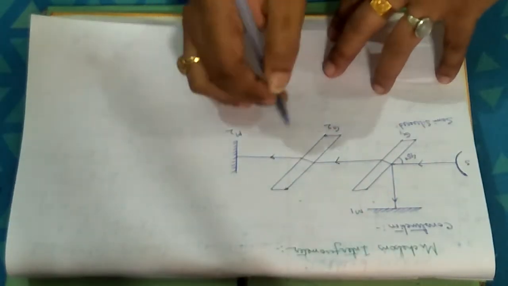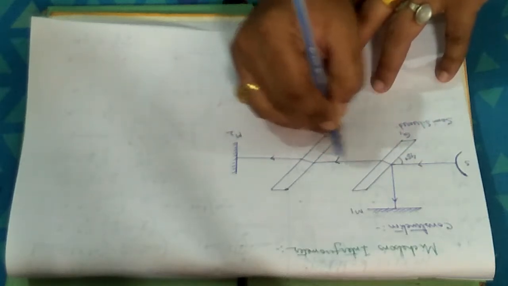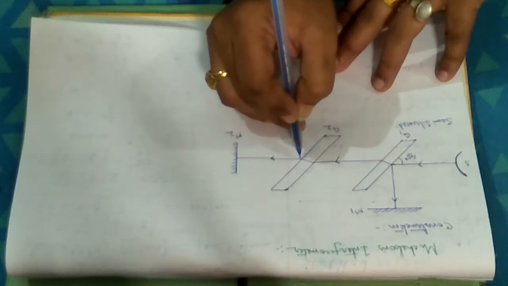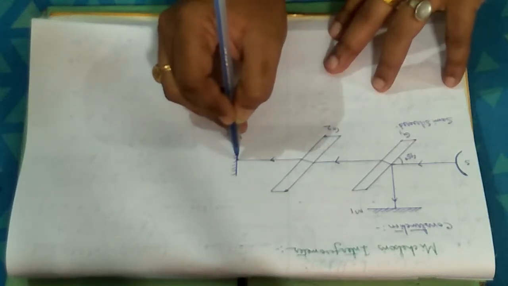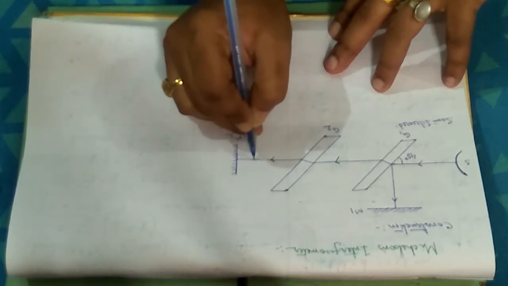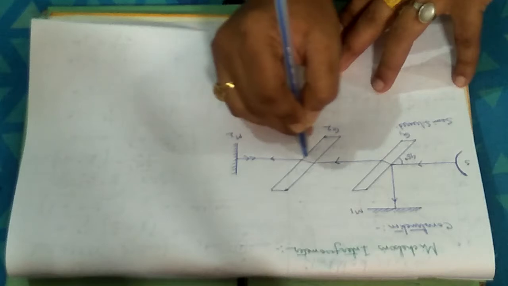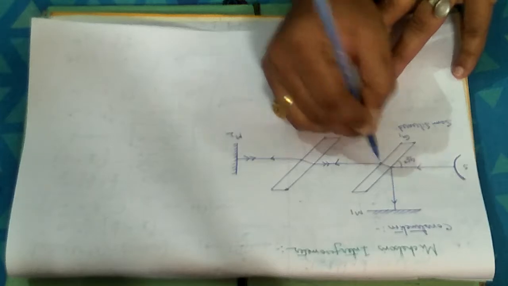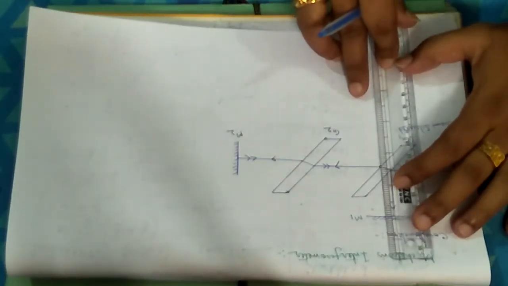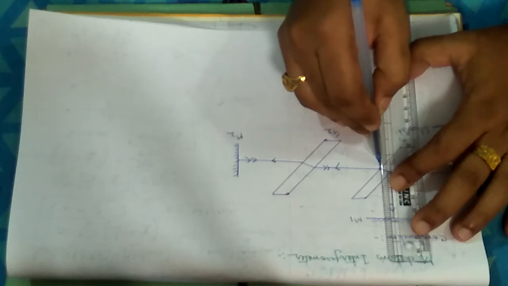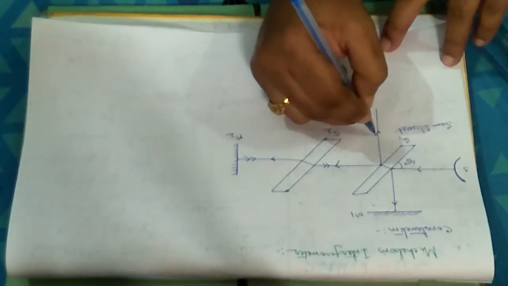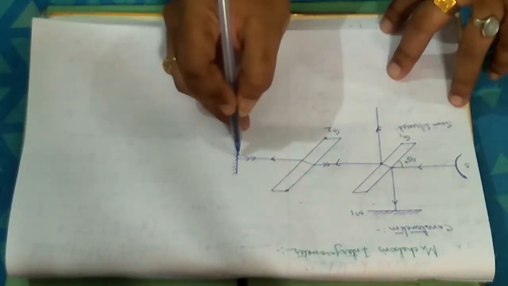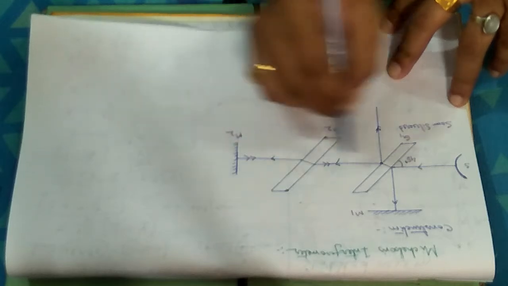Two mirror arrangements. First, concentrate on this transmitted ray. The transmitted ray from this plate G1 is going in this direction, then again traveling through G2, it is incident on the mirror, and reflecting back from the mirror, it will come exactly on the same path. It will return in the same path. Again, from this edge of the plate G1, it will suffer a deviation vertically downwards. Are you getting the point? I am using a double arrow for this line which is being reflected from the mirror M2.